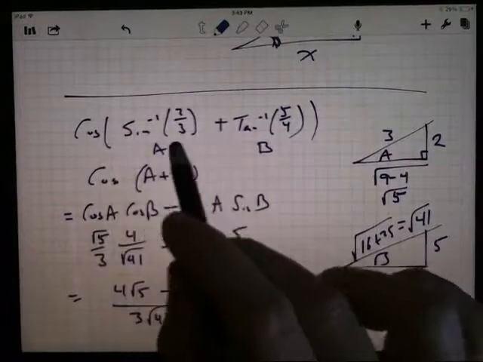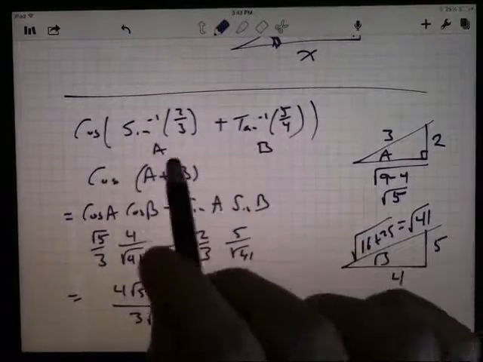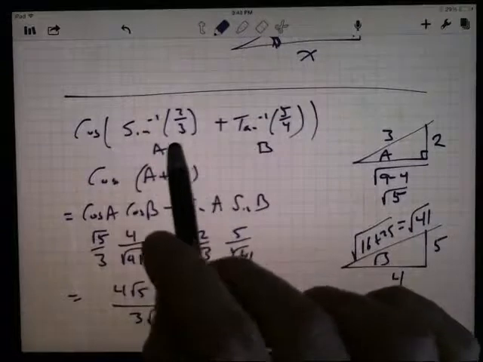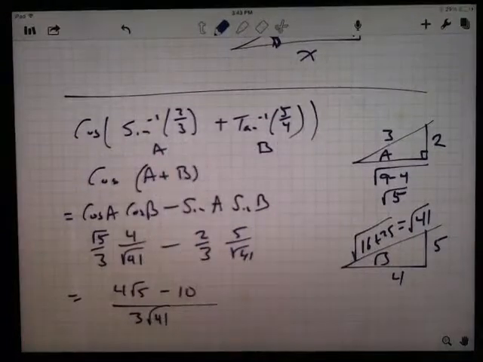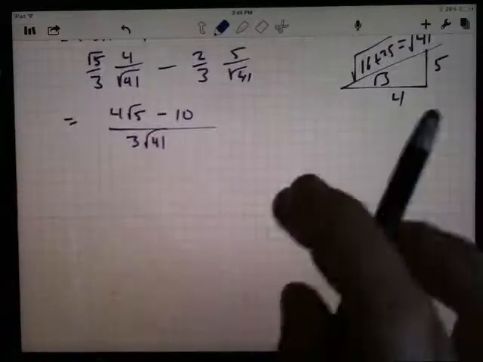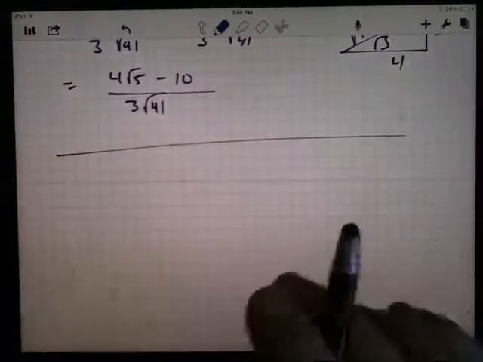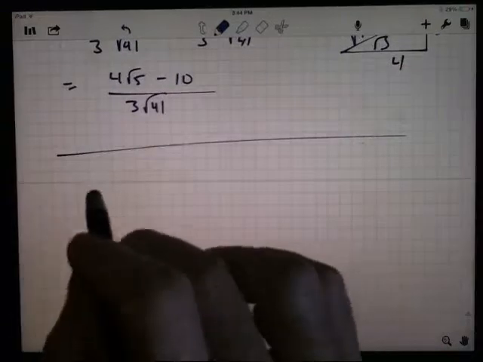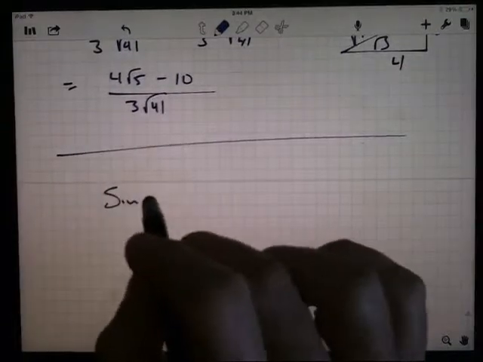Cosine of a sum. These are two angles. I know a lot of stuff about those angles because I told you the sine of this one. I told you the tangent of that one. So we got all the information we need. One last one here that I want to do. It's very similar. I want to do the sine of